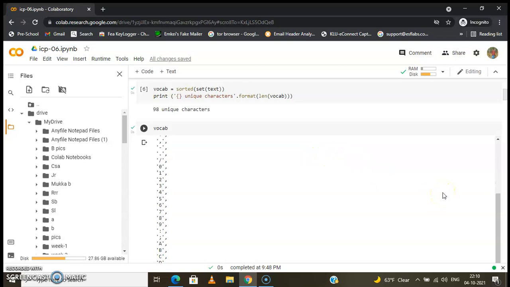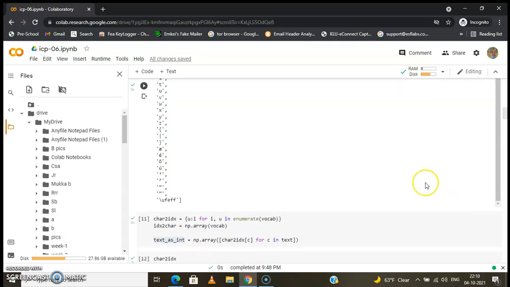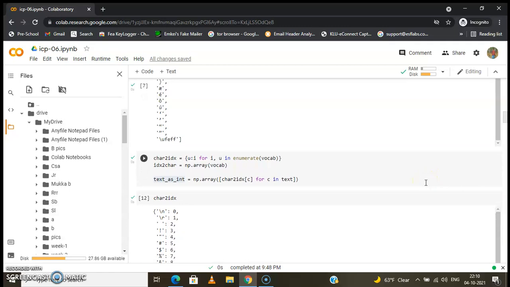Before working on the model, we have to process the text, because the model works on a numerical representation. As required for the LSTM and RNN models, first we use a character to index mapping, in which each character has a unique index.